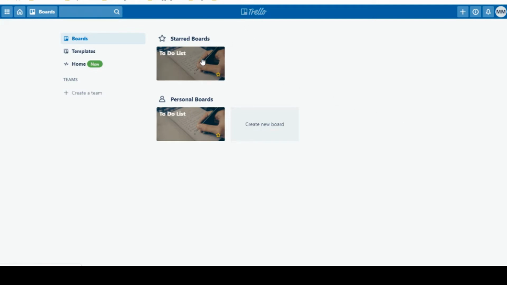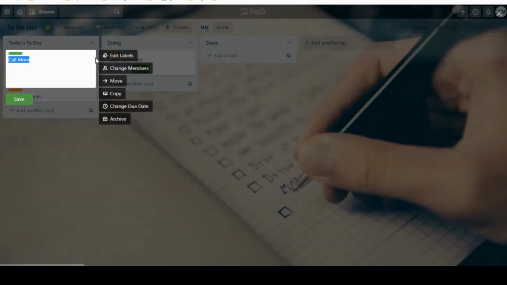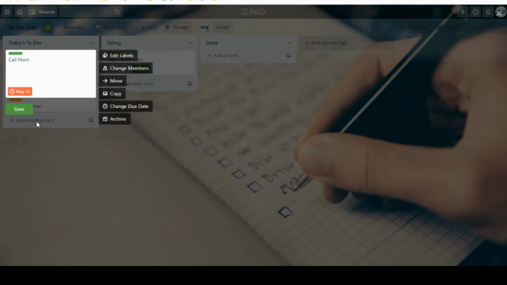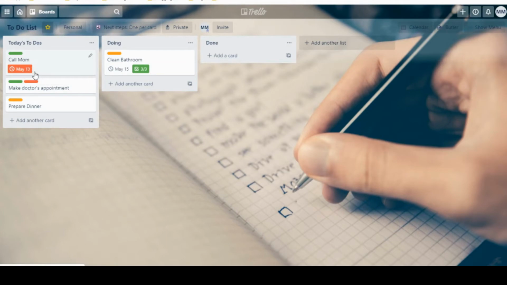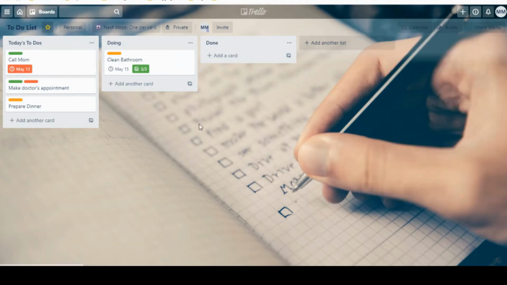So then we're going to go into our board that we have originally set up. And I want to just quickly assign some due dates here. And I'm wondering if I can actually assign a past due one. Let's say this was due Wednesday. And you can see here that it's going to show up as red. And it looks like it didn't actually automate through to the bell.